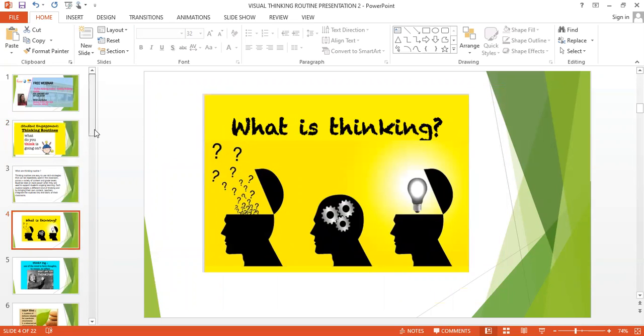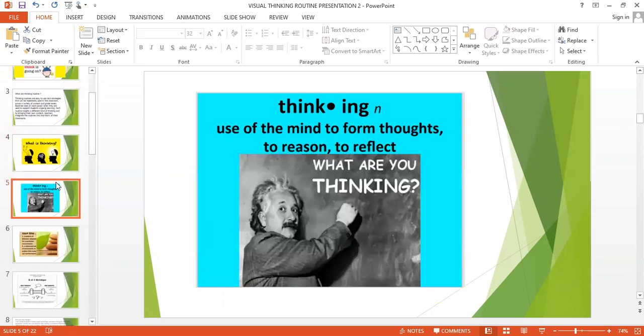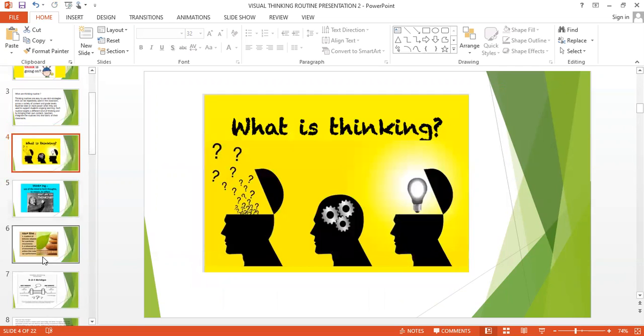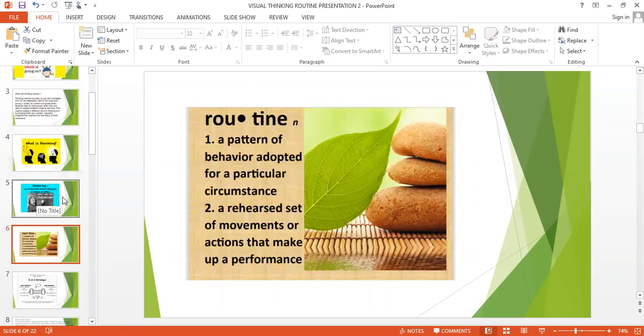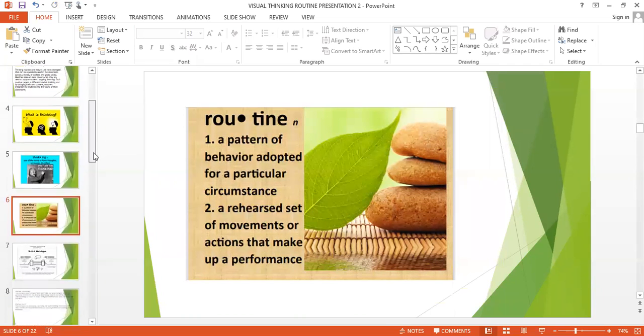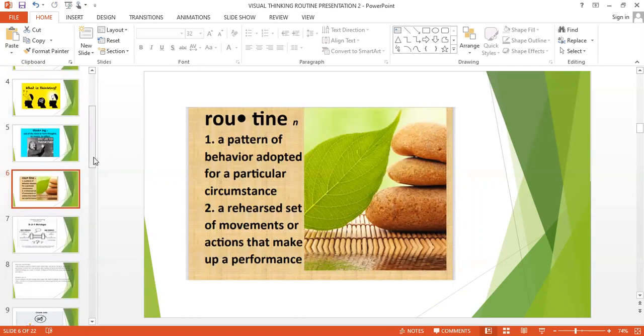Thinking. Thinking is use of a mind to form thoughts, to reason, and to reflect. Now, what is routine? Routine is a pattern of behavior adopted for a particular circumstance. It is a rehearsed set of movements or actions that make up a performance. So, I am going to share a few visual thinking routines